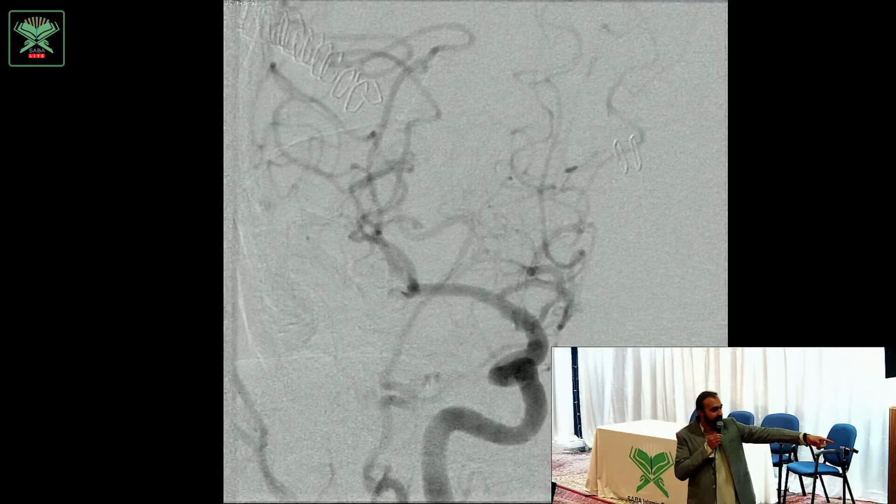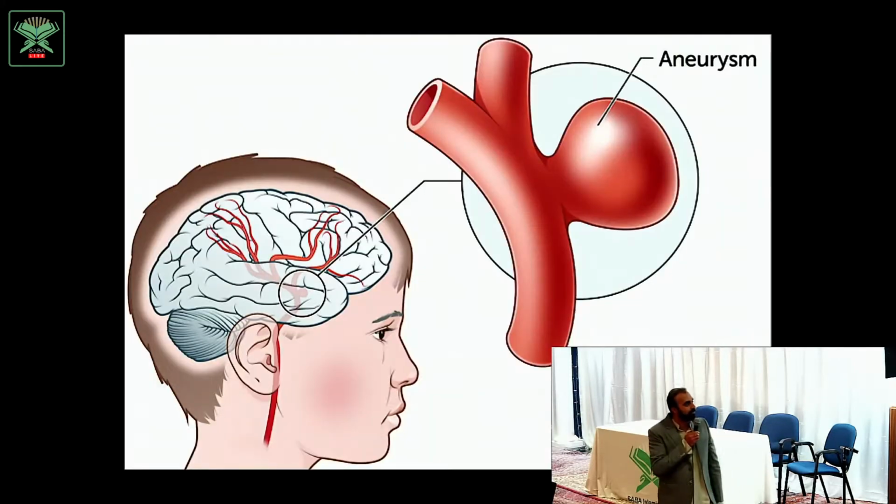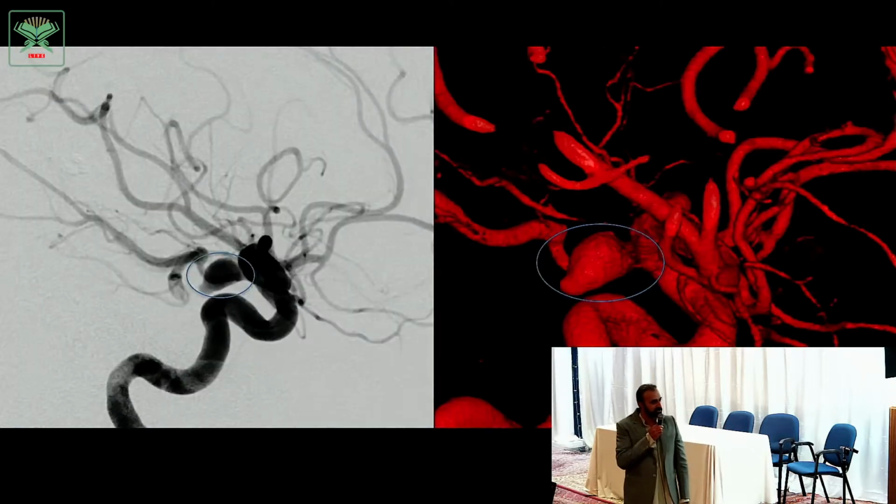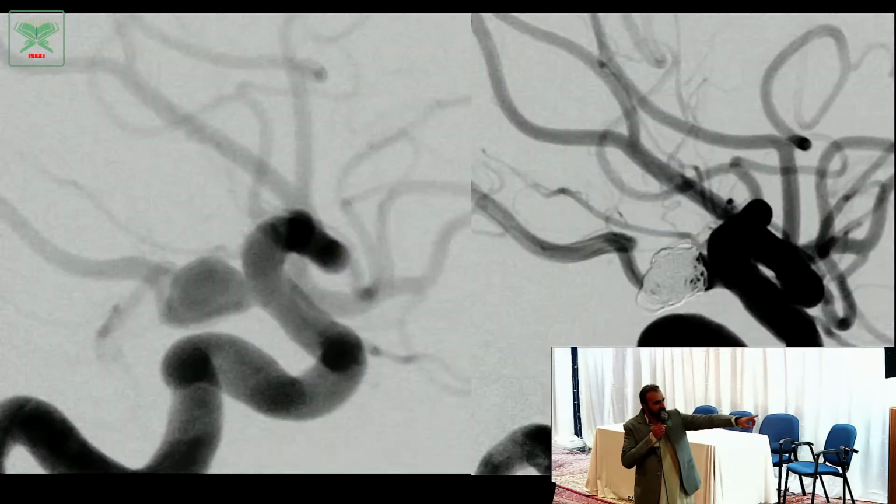And then we can use a variety of catheters and tools to block off that aneurysm from the inside so you don't see it anymore. And that's just to remind you guys what a diagrammatic depiction of an aneurysm is. These are a couple more examples of aneurysms. You can see the balloon-like outpouching here from the blood vessel. Next slide. And then putting a variety of different materials in there to block it off from the inside so it doesn't bleed anymore.